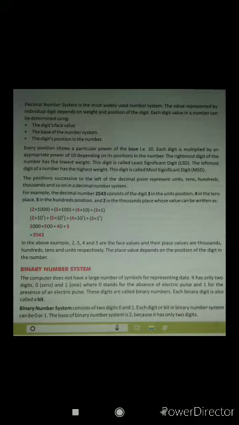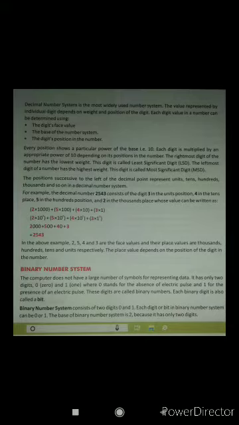So here it's written 2 into 1000, that is the place value of 2, then plus 5 into 100, that is the place value of 5, like this 4 and 3. It is converted: 2 into 10 to the power 3. From 3 we will start: 3 into 10 to the power 0, then 4 into 10, that is 10 to the power 1. So like this, 10 to the power 2, 10 to the power 3, right?